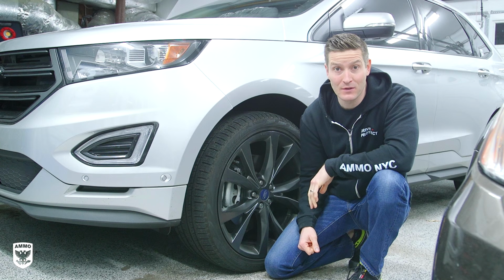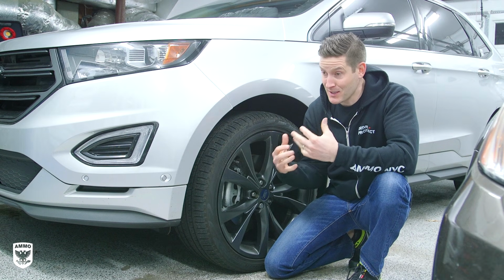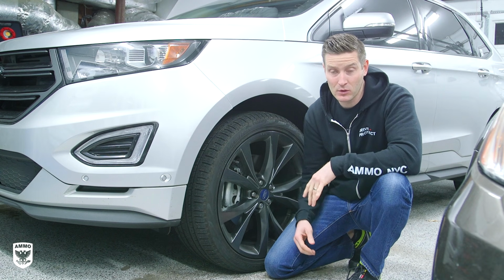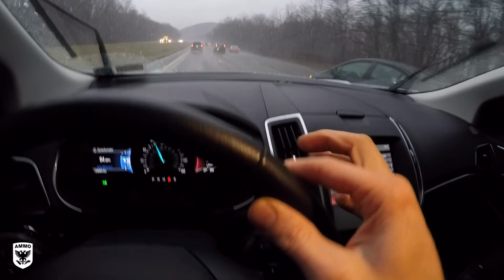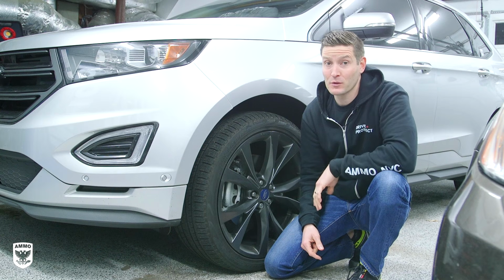Now last night I was driving home and cruising along and boom, all of a sudden I hit a pothole. And it wasn't a pothole, it was like the Grand Canyon of potholes, and now I have a shimmy in my wheel. What do? I can promise you it's not a DIY repair, so we're gonna head off to Performance